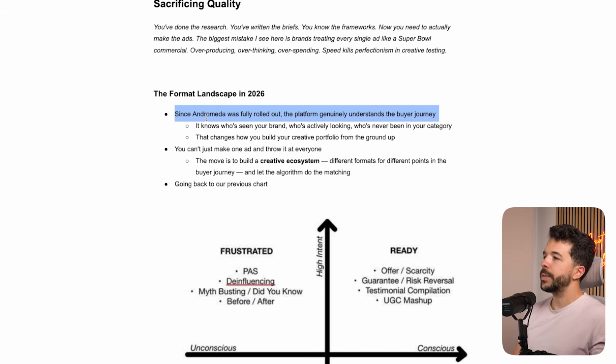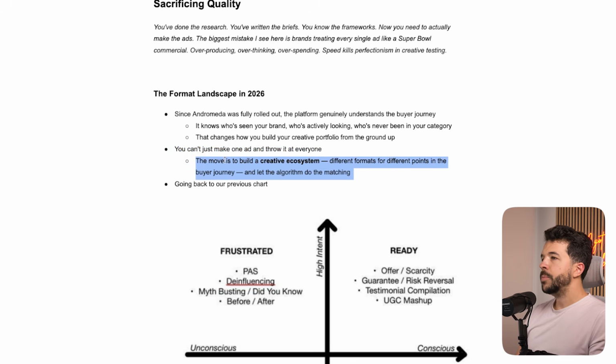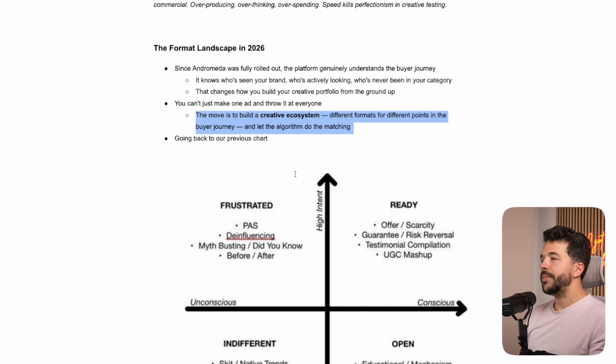Since Andromeda was fully rolled out, the platform genuinely understands the buyer journey. It knows who's in your brand, who's actively looking, and who's never been in your category. That changes how you build your creative portfolio from the ground up. You can't just make one ad and throw it at everyone. The move is to build a creative ecosystem, different formats for different points in the buyer journey, and let the